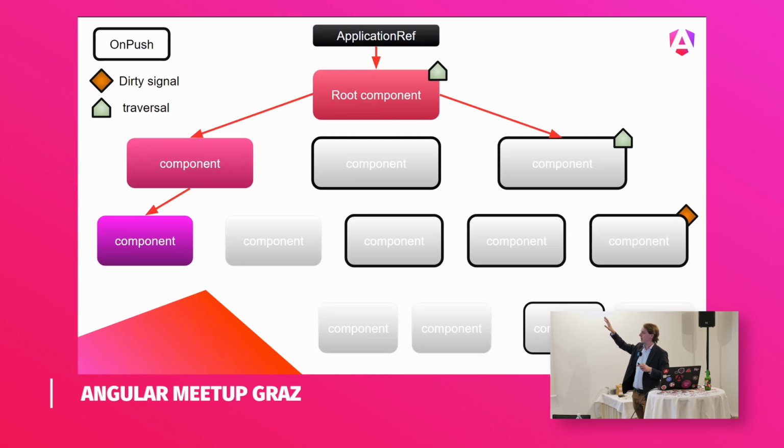and there should have been another arrow on the left. But then what happens? Here on the right, I've got a non-push component that is traversal. And here, we'll see that the component will not be change detected. But the dirty one will be, and then change detection continues normally. We have below a non-push that wasn't changed, won't be change detected, and the last one is a default one